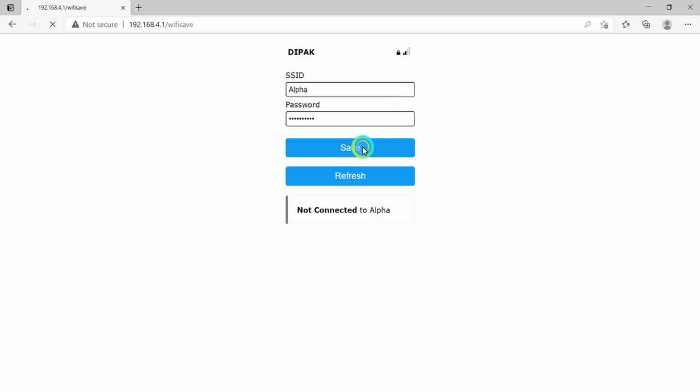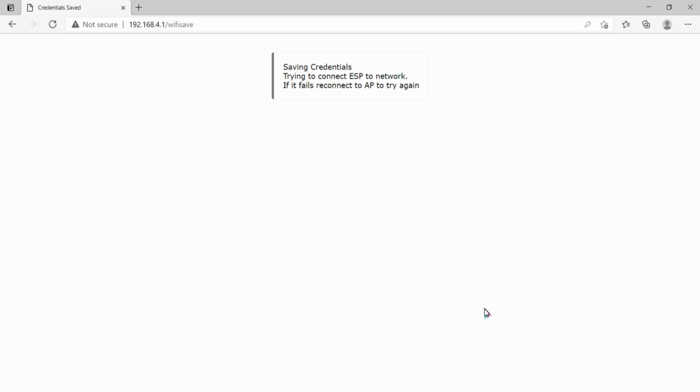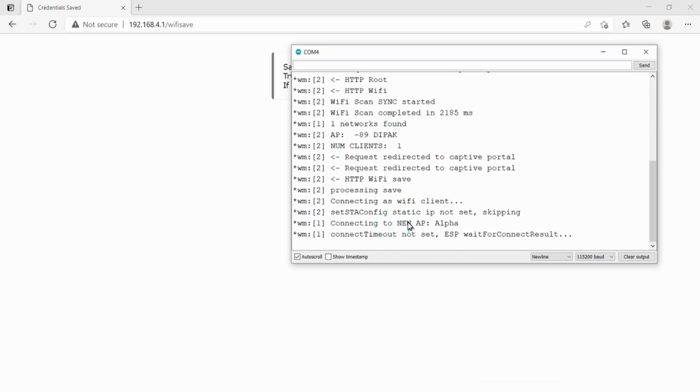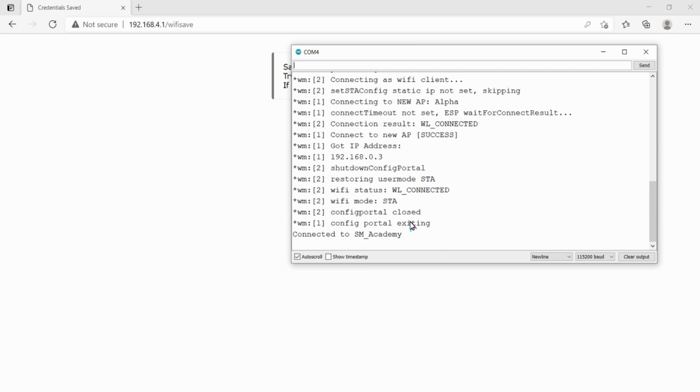Then click on save. Now you can see in my serial terminal the message "connection to access point success", and the IP address has been assigned by the Wi-Fi router to this NodeMCU,